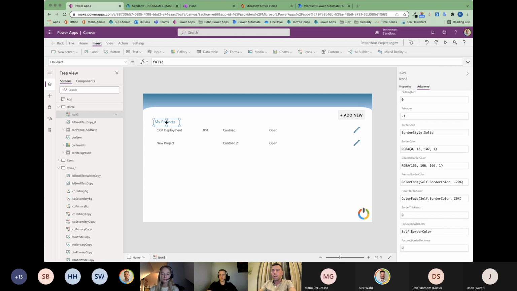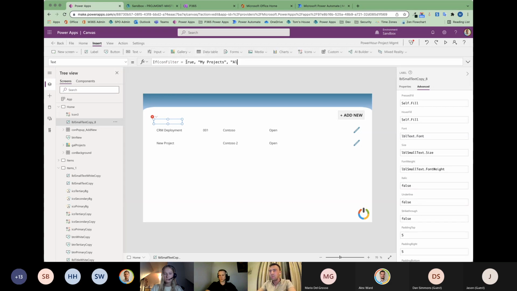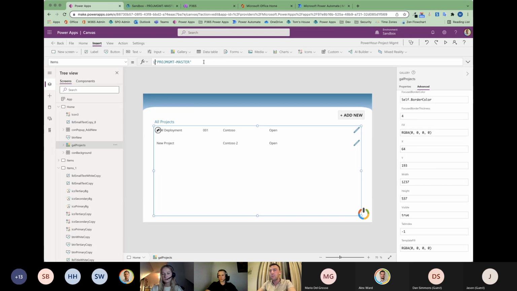And what we'll do with this one is we'll set the update context to con filter true. Now you could do loads of things with this. What we did recently with a client is we actually set the filter based on the text of whatever the label was, which is also possible. We're only going to filter for my projects here. So what I'm going to do is I'm just going to simply say if con filter equals true, then we're going to say my projects. Otherwise, we're going to say all projects. See what that does. And by doing that, we can then in here, we can say if con